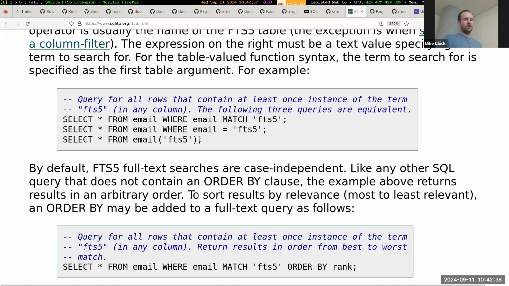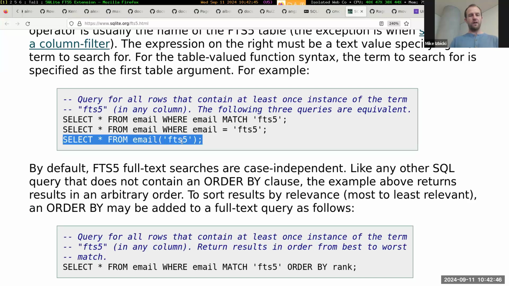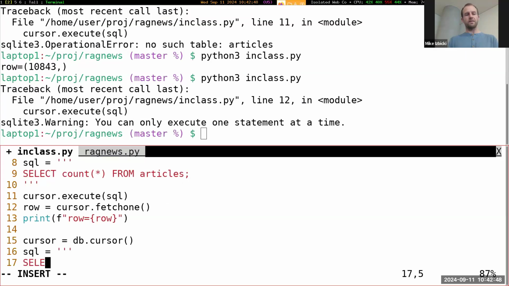It searches every column in the database. So that's why this syntax is the way it is. Coming back over here, what this will look like is: I'll do select title from articles and